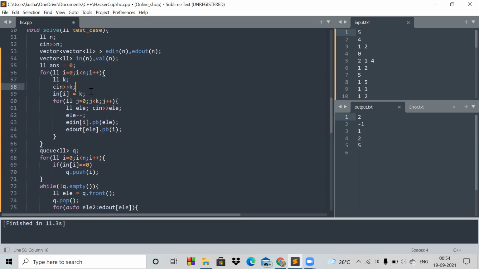K is the number of nodes which are coming to a node. Actually, coming to a node means the prerequisite chapters which we have to complete for a certain chapter. So that is the k, and that will be the in degree of that node, that we have to complete the k chapters before reading that chapter. And then I will take all the chapters one by one and push them in the edges coming to a node,